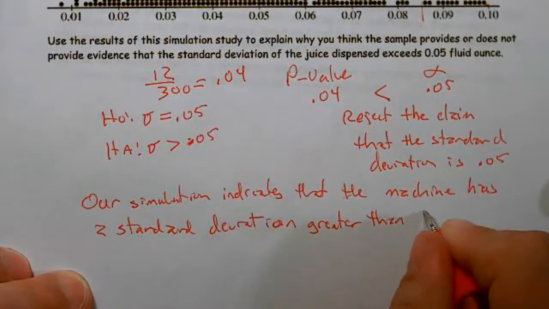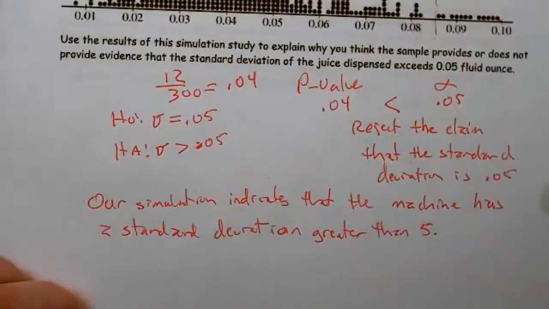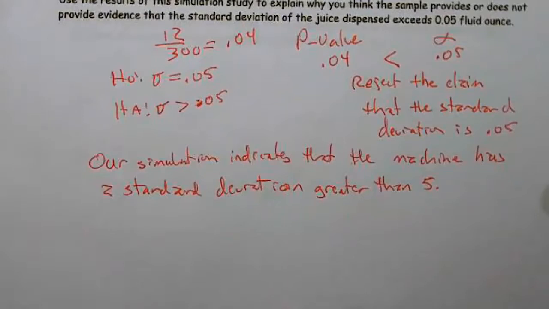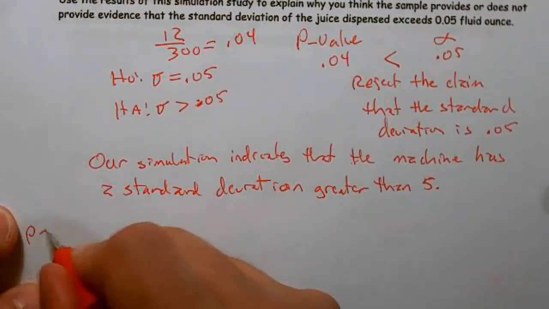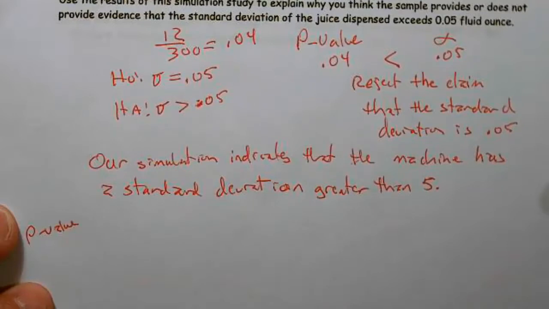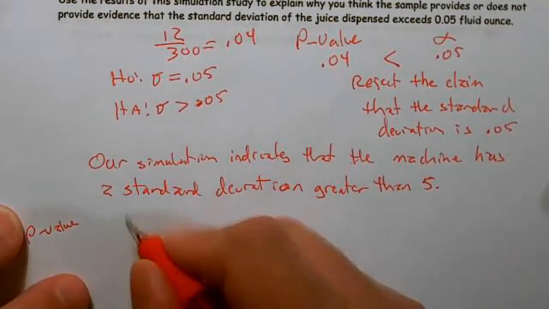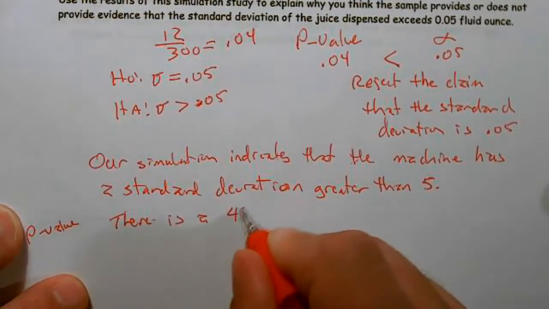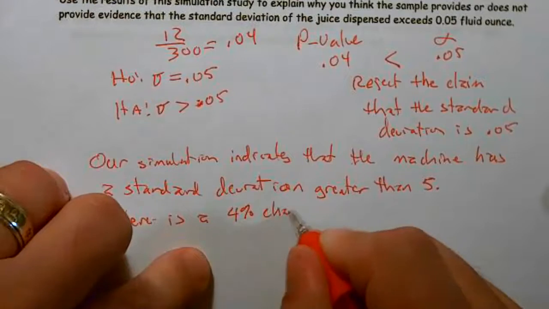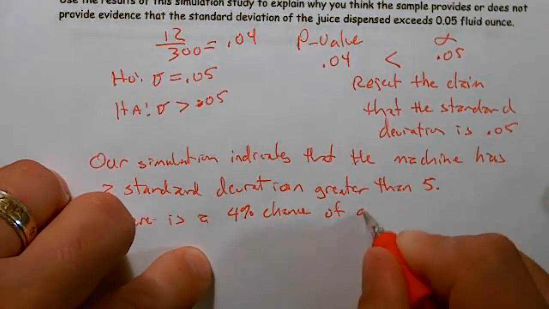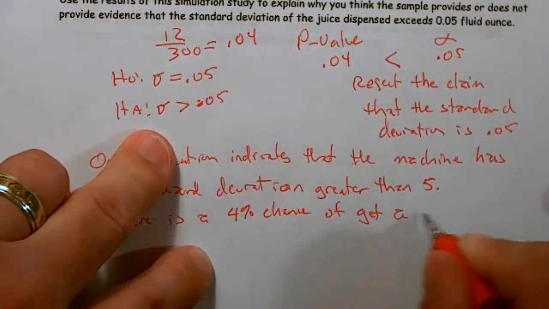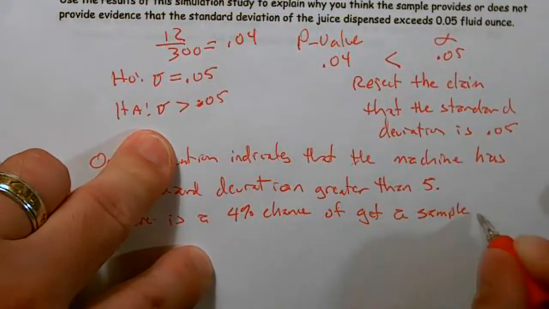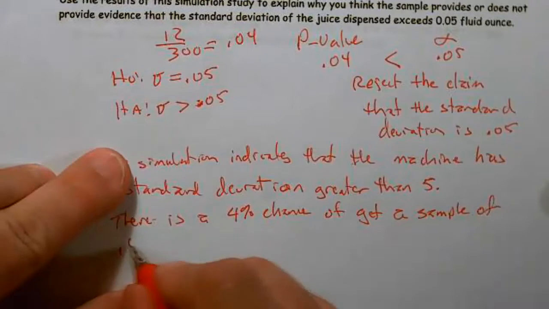Well, now we just answered the question. Well, I need to go a little bit further and explain that by giving a p-value, or at least that's what I would do. And we know that our p-value is about 0.04. So there is a 4% chance of getting a sample of 0.085